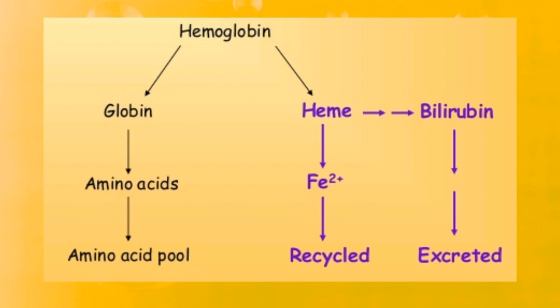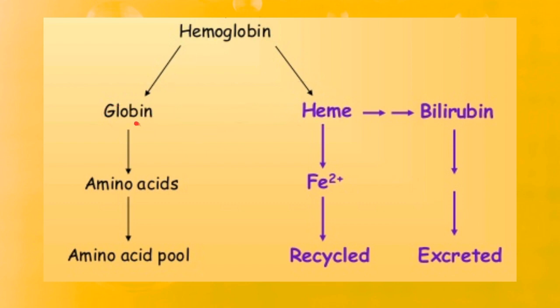Now we all know the lifespan of RBC is about 120 days, right? And after 120 days, the RBCs break. At that time, the RBCs enter inside the spleen, and at the spleen, the hemolysis process occurs. By this hemolysis process, the hemoglobin present inside the RBC breaks into globin chain and heme.